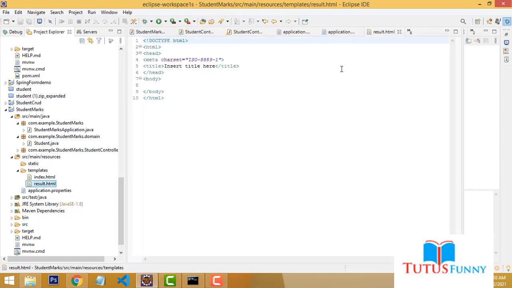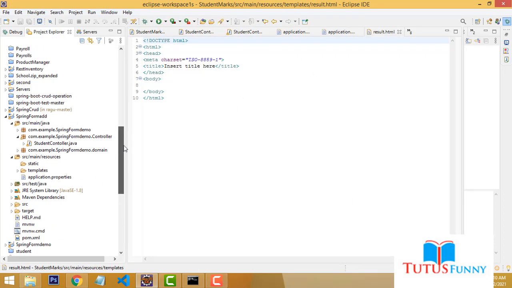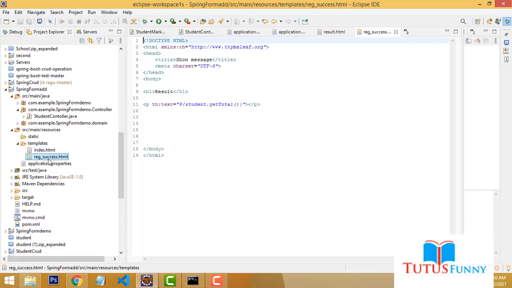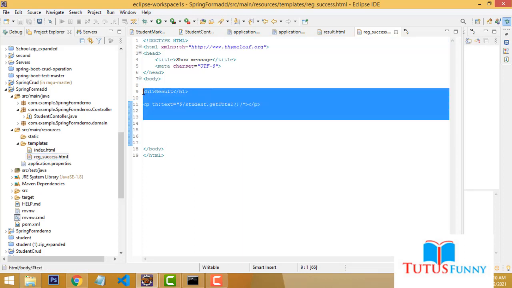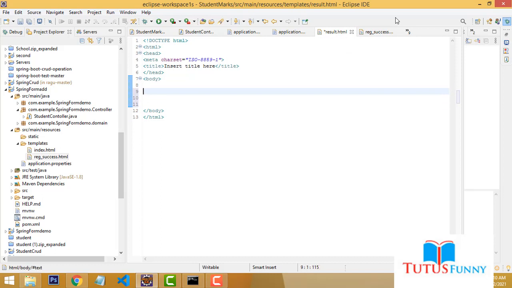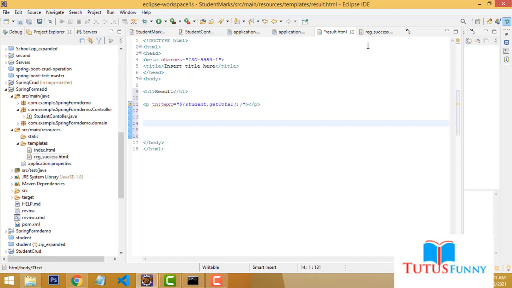In the result page, the same format, the same code, I just copy and paste it over here. Okay, the result page, this is how the methods are.